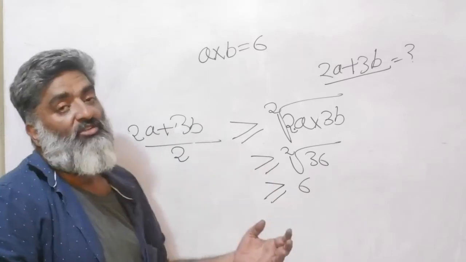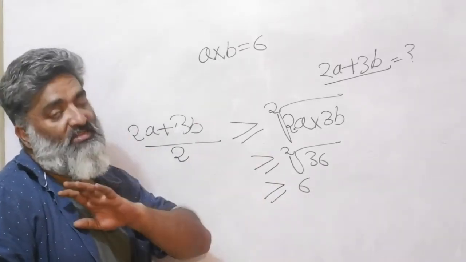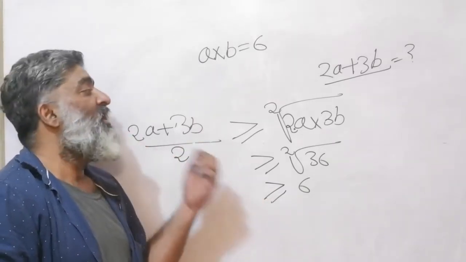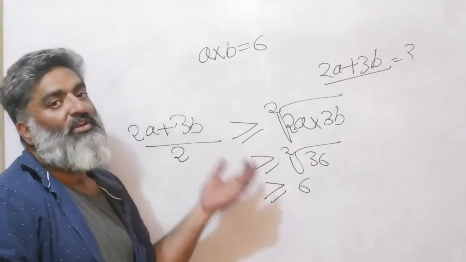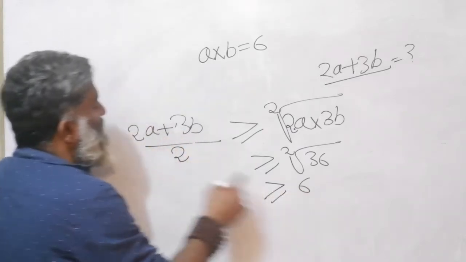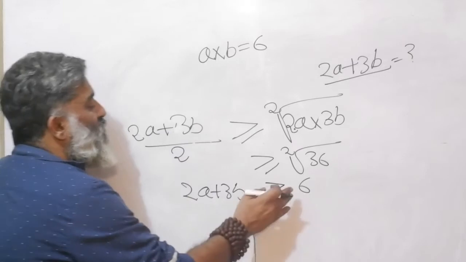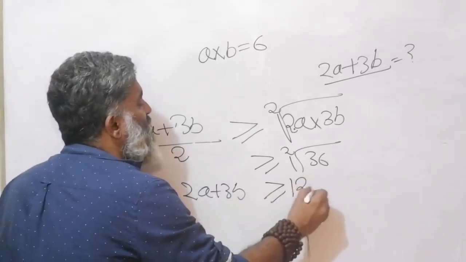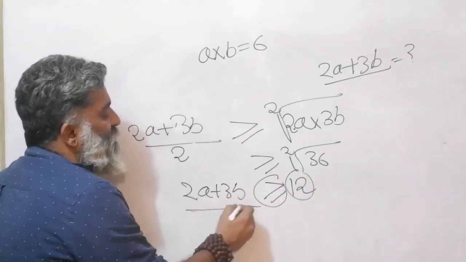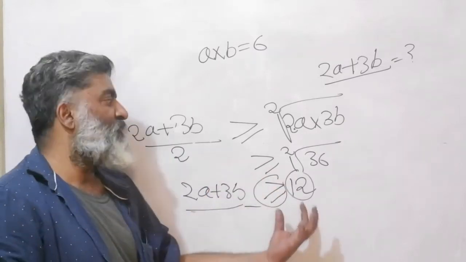Now normally I would say you are getting plus or minus 6, because you are thinking of a square root. But remember, our assumption throughout this journey is that A and B or whatever terms we are playing with are positive numbers only, because our theory works only for positive numbers anyway. So I have a 6 on this side and on the other side I have 2A plus 3B divided by 2. Throw the 2 to the other side and you will get 12. And then just read this expression. This expression means 2A plus 3B, the minimum value it can go down to is 12 only.